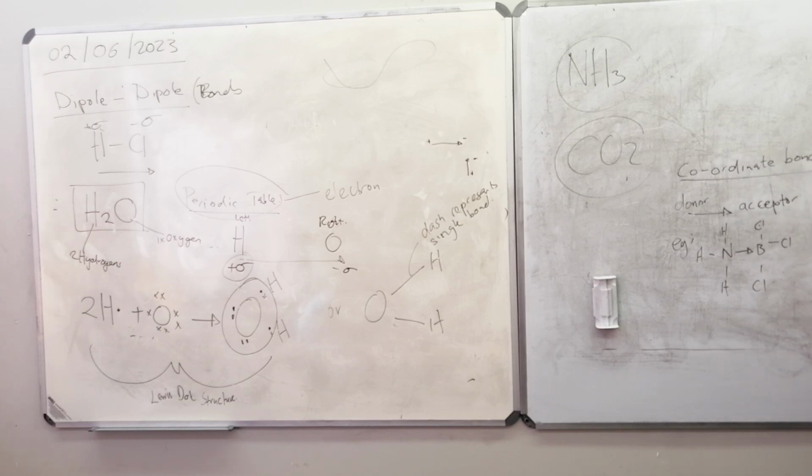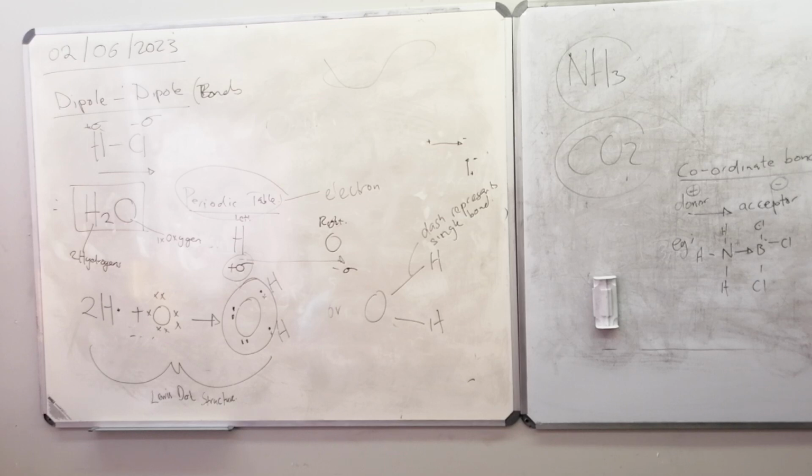So a coordinate bond is represented by an arrow pointing from the donor to the acceptor, or by a single line with a negative charge on the acceptor atom. The other thing we can do is show a positive and a negative. That also tells us that this one was the donor and this one is the acceptor. So in other words, positive, negative.